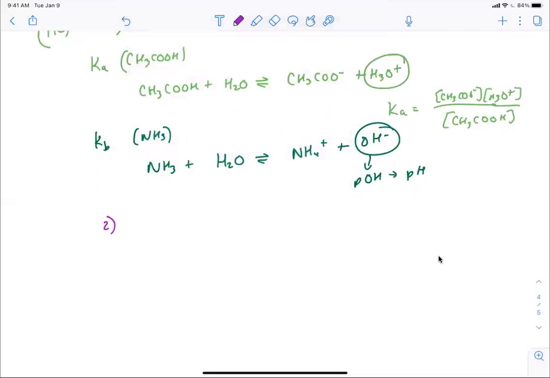The second thing is neutralization. And to be honest with you, now that I think about it, this would also be in topic 9 for SL with redox titration. But we'll put it here anyway, because a redox titration and an acid-base titration are pretty much the same thing. You have molarities and volumes of both species, and you're trying to find out the unknown molarity of one of them. So you have volumes of both species, molarity of one, and then you have to find the unknown molarity of the other. So whether it's redox or acid-base,